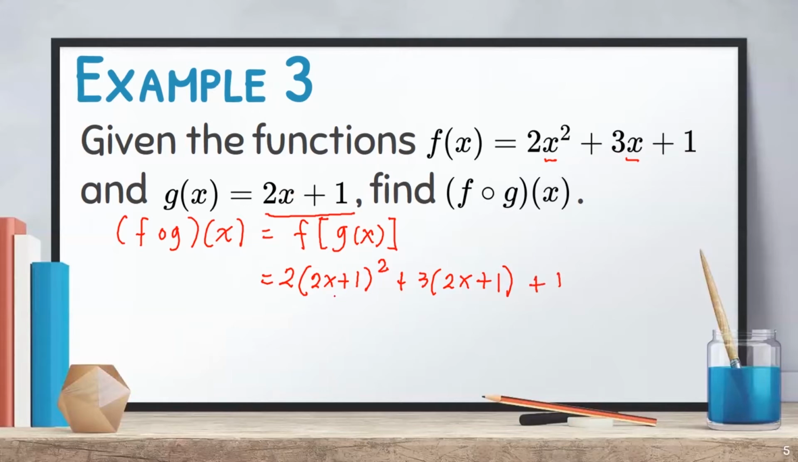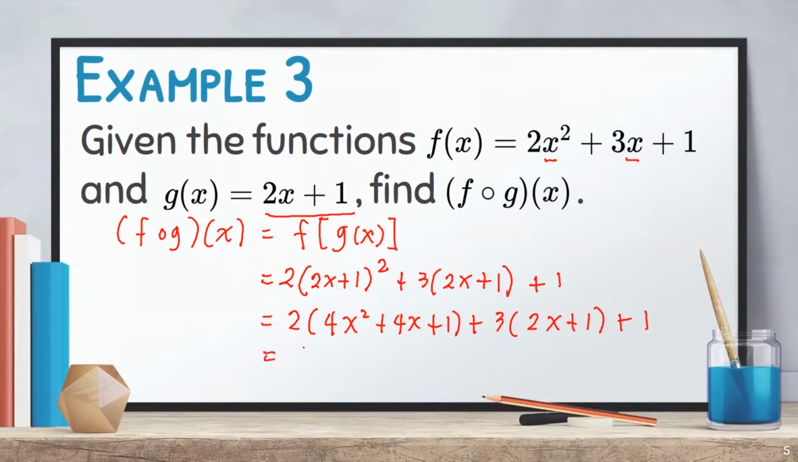In simplifying this expression, we need to simplify first this. 2x plus 1 quantity squared is equal to 4x squared plus 4x plus 1, multiplied by 2. Then plus 3 quantity 2x plus 1 and then plus 1. The next thing to do is to distribute 2 to this trinomial and 3 to this binomial. So we will have